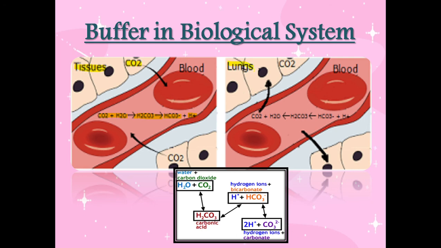If you come to the level of the lungs, where CO2 is released by the lungs, this reaction goes in the opposite manner to that of tissues. The hydrogen ion combines with HCO3 minus to form carbonic acid, and that dissociates to give water and carbon dioxide, which means equilibrium is maintained in our blood vessels. This can also be given like this, as I have given here: water and carbon dioxide combine to give carbonic acid, which releases hydrogen and bicarbonate ion, and this will also give 2H plus and